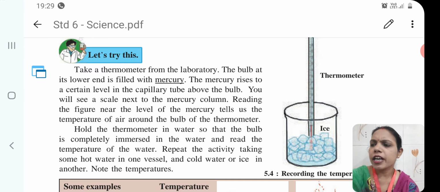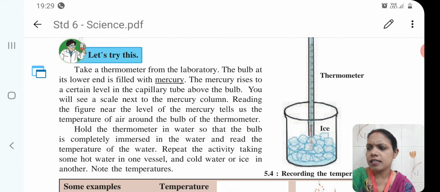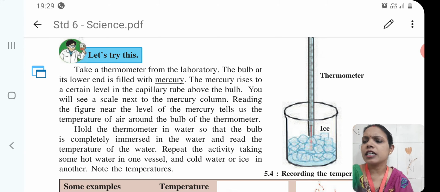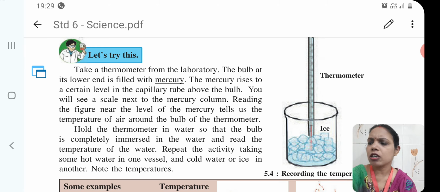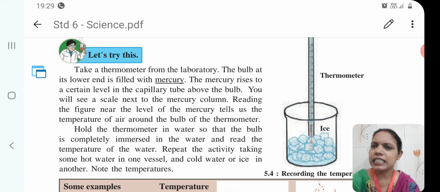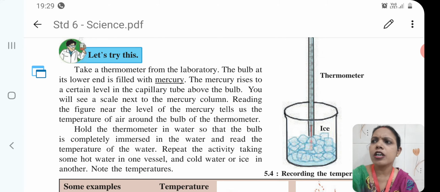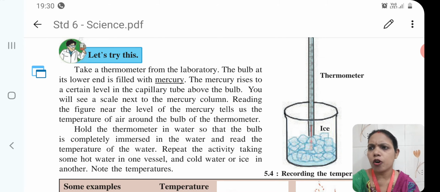Now students, you can see the mixture of ice and water. The temperature of ice and water is 0 degrees Celsius. Now look at the next picture. You can see the picture of steam and water. The temperature of this water is 0 degrees Celsius. But when water is heated, its temperature gradually increases upward and reaches a point, that is 100 degrees Celsius. This is actually the temperature of boiling water.